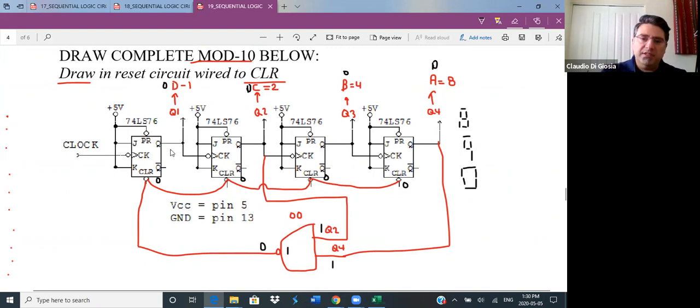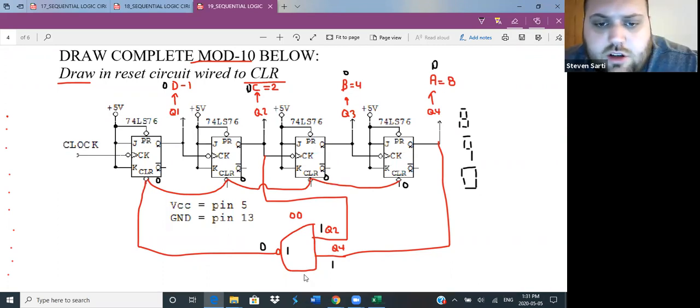So I take this, which without a reset circuit will count from 0000 to 1111. So it will continue to count after 9, it will continue to count to 15. But I'm putting in a reset circuit, and I just showed you what happens with the reset circuit. It resets after 9 and goes back to 0. The clears, they're wired in